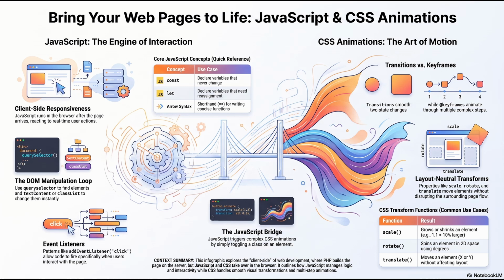Okay, here's where it gets really interesting to me, the transform property. Oh, transform's the best. This lets us manipulate an element's appearance without affecting the surrounding document flow. We can scale it up, rotate it, or use translateY to physically slide it up or down the screen. I kind of think of the transform property like a visual hologram of the element. The hologram? Yeah. If I use CSS margins to push a block of text down, every single paragraph below it gets shoved out of the way. Right. The whole page stutters. But if I use translateY to move the element, I'm just moving the hologram. As far as the browser's layout engine is concerned, the original element hasn't moved an inch, so nothing else on